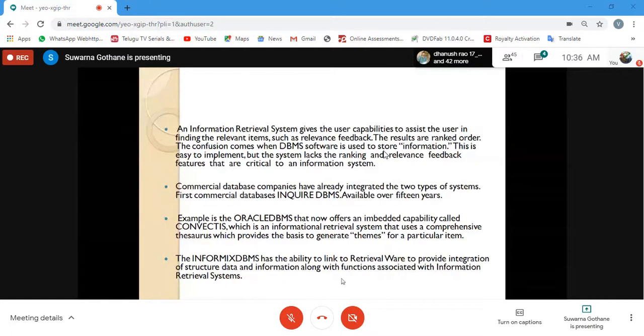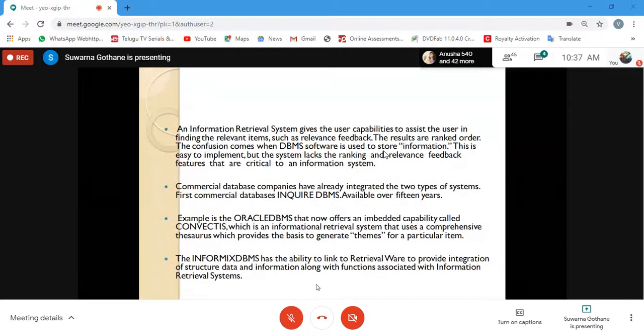Even though both things are different, if we talk about the relational database, the entries are in tabular representation. About the IRS, all of you are very clear that a relational database only handles text, meaning alphanumeric data, whereas an information retrieval system handles all sorts of data, including text, binary data, audio, video, and any other sort of documents. So integration of these two systems has also been done.